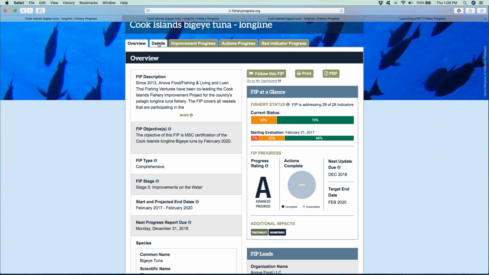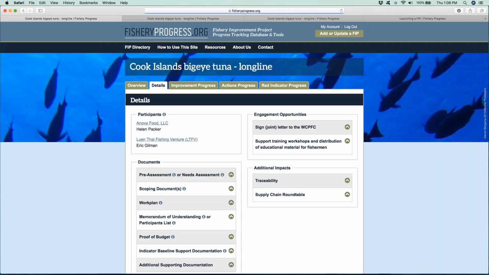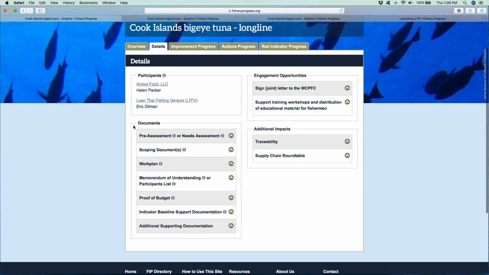If I click on the next tab, this Details tab, this is where you'll find the FIP's core documents. And so these are all the documents that a FIP would produce before launching. So when a FIP launches and submits their FIP to Fishery Progress, we check to make sure that they have all of the required documents. An MSC Pre Assessment or a needs assessment that shows how the fishery is doing relative to the MSC standard. A scoping document that recommends strategies for addressing the fishery's challenges that were identified in the pre-assessment,